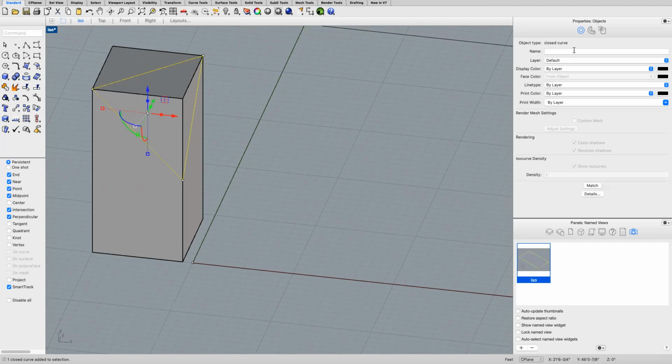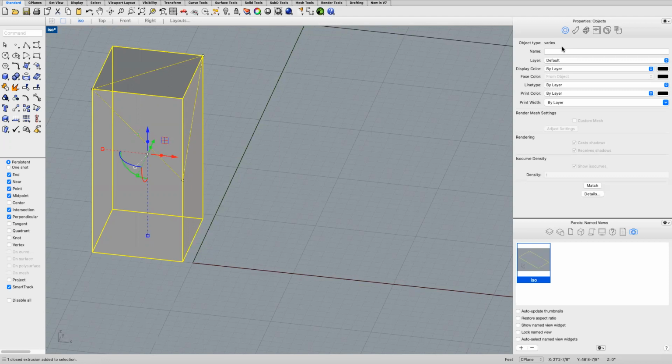This will tell you if it's grouped. It will tell you if it varies. For example, if I add the extrusion, now my object type will say varies. If I group these two together, which typically I don't like to group items in Rhino, now it will tell me that the object type varies and it's also grouped. So I highly recommend that you all get used to using your object properties palette, because it will tell you a lot of what you need to know. So now I'll just ungroup them,